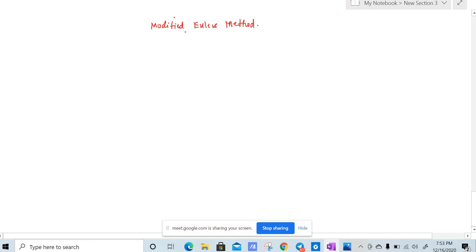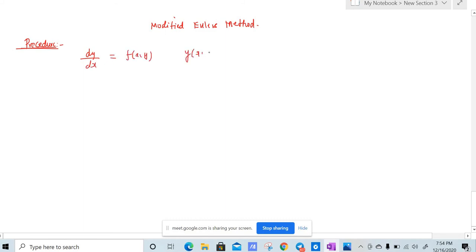But if they ask us to do the problem using modified Euler's method, you need to carry out the steps that I am giving now. So first we will tell the procedure. Again it will be a different formula here. Both the RK method, Euler's method and modified Euler's method are the same task, but they find the answer in different ways. So they will give dy by dx equal to f of x comma y.